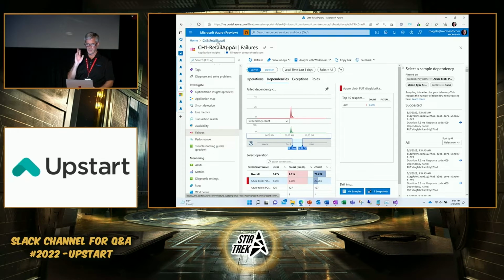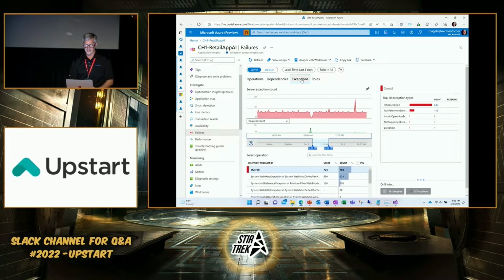I know this is a whirlwind tour, but hopefully this is worth the time here. Exceptions are here as well. I can look at individual exceptions, all the different errors you wanted to know, like null reference exceptions. They are here. I can start drilling into those. And let's look at the performance. The next thing I would look at,